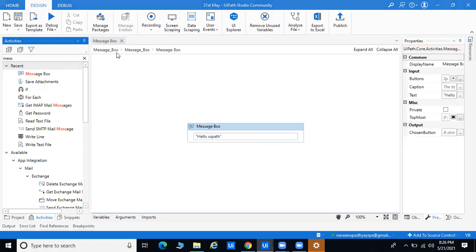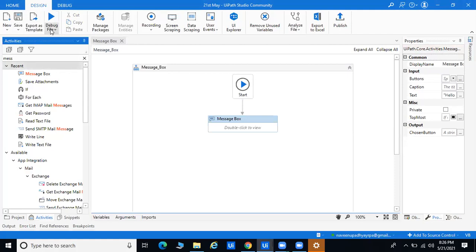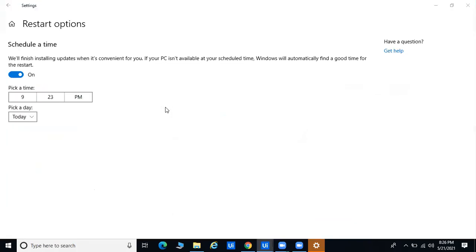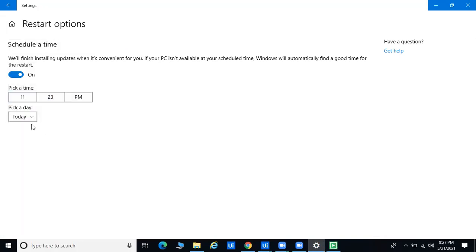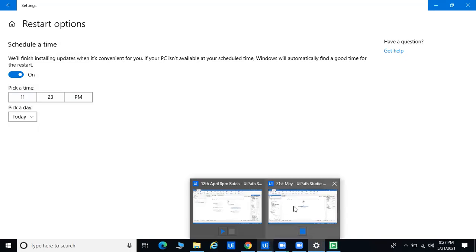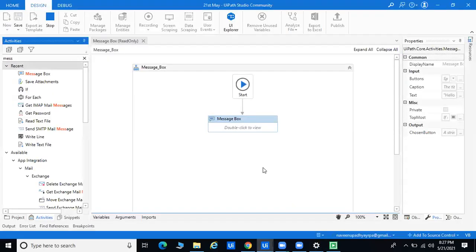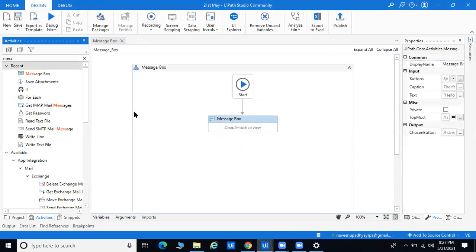So here we'll save and simply run the file, whatever the file we are going to automate. Okay, so we'll go to your path. Now we'll show you. Okay, so this is the message box we created today, and a message box is specially for displaying data. This is the first message box, so we are able to display.